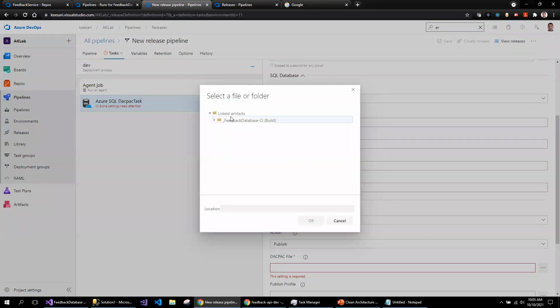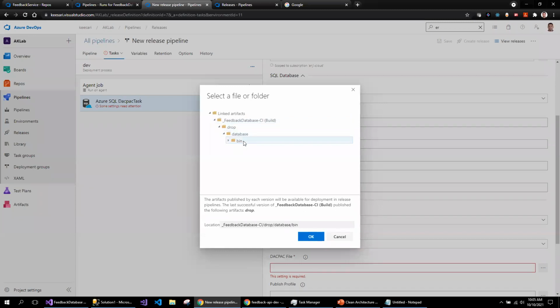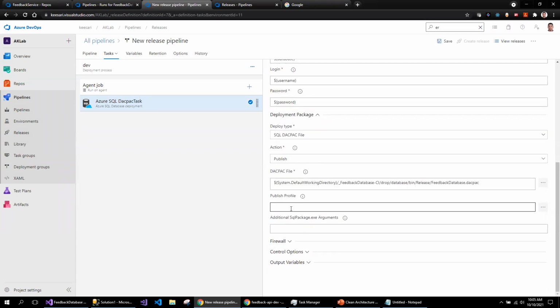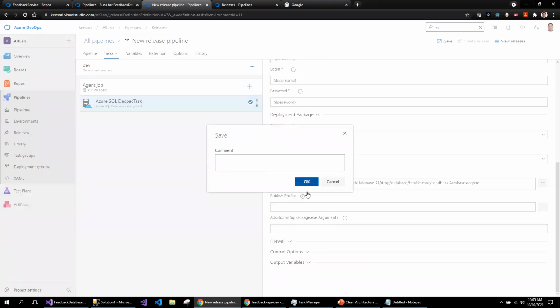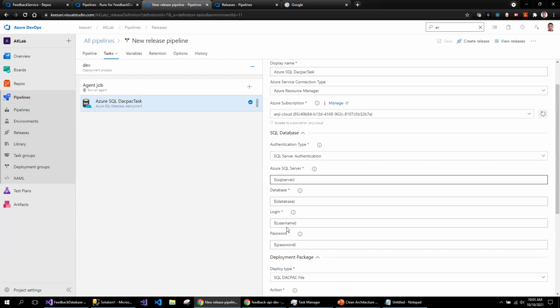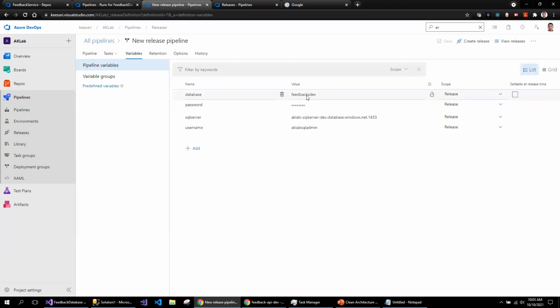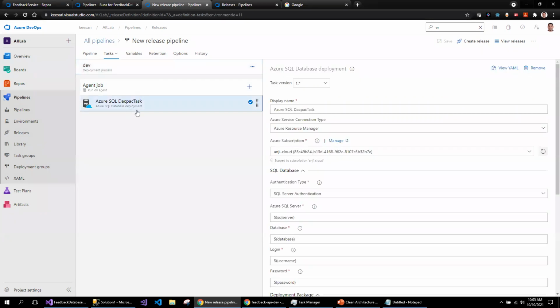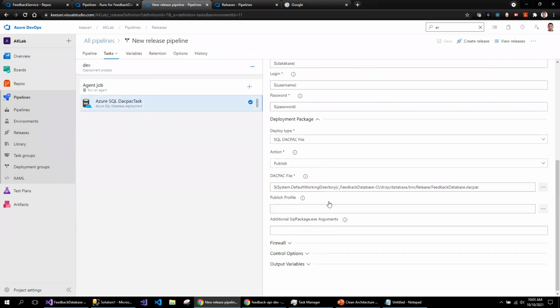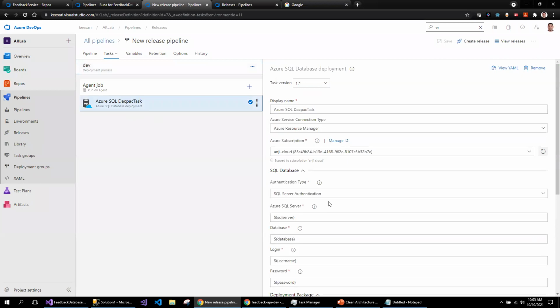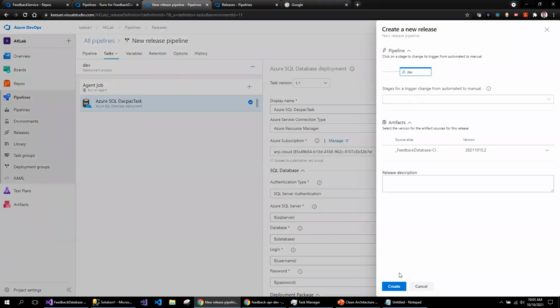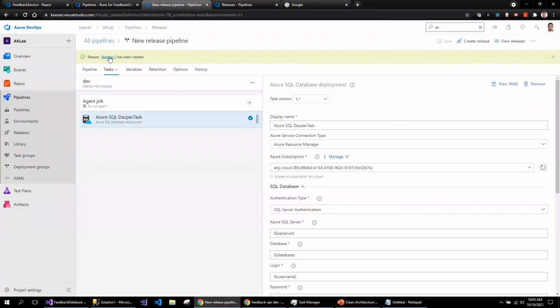Then select the file name which you want to deploy from here. That's the file name. I'm reading the release variables from the variables tab here. Let's review once again that these are correct, otherwise we'll get an error while connecting to the database. So let's trigger the release to see if that works.